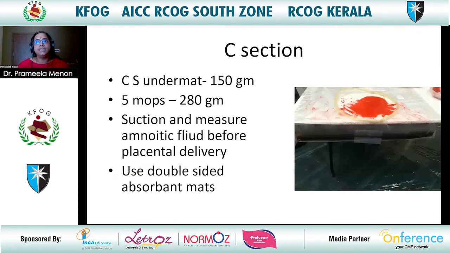In case of cesarean section, again, once the baby comes out, you have to suck out all the amniotic fluid, and then after that, you have to put the second mop, and you have to pin it onto the sides. That pad should be a double absorbent side, so that even if some blood leaks in between, that will also be absorbed. So everything you have to weigh at the end. And as far as the suction is concerned, before you measure it, you have to make sure the amniotic fluid which has gone into it has been taken care of.